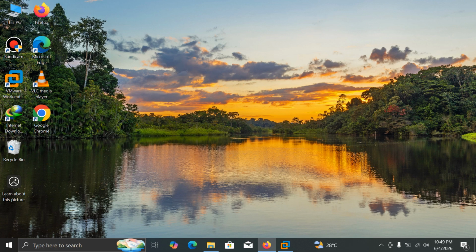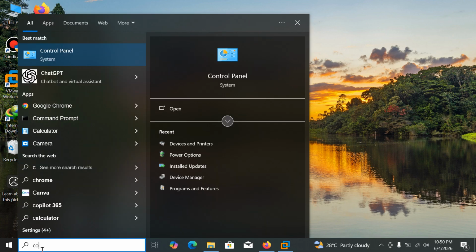And if that also is not working, you need to remove and match the printer's IP port, especially for Wi-Fi printers. If your home Wi-Fi router restarts, it may assign a brand new IP address to your wireless printer, and Windows 11 will keep trying to send documents using the old IP. That's how the issue happens. To fix that, go to the search bar, type control panel,